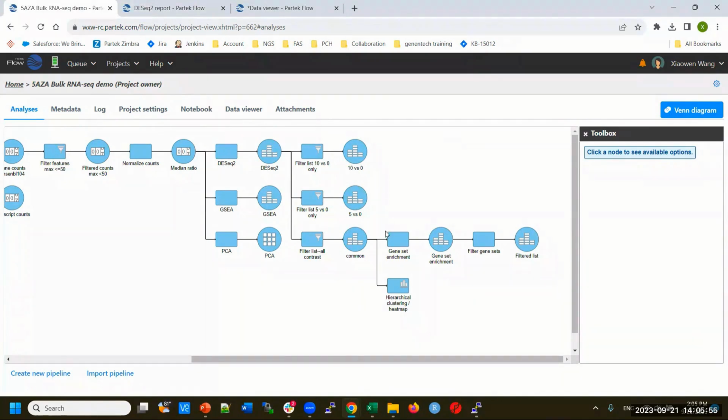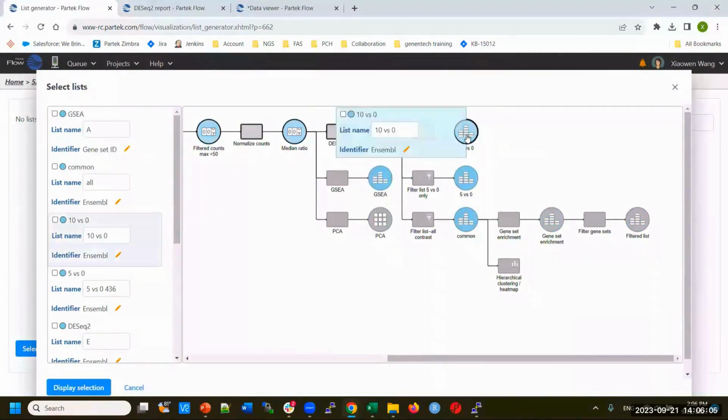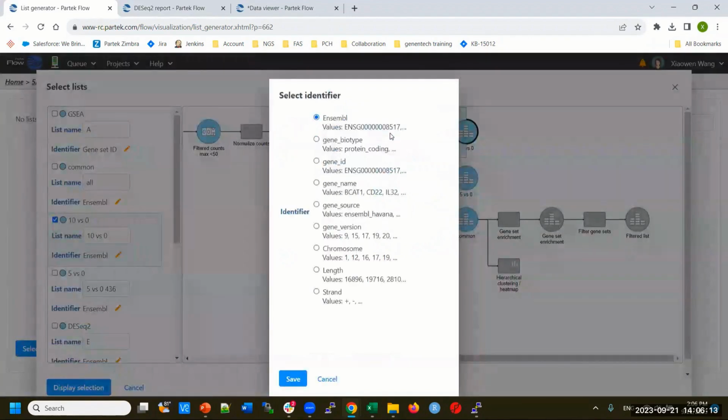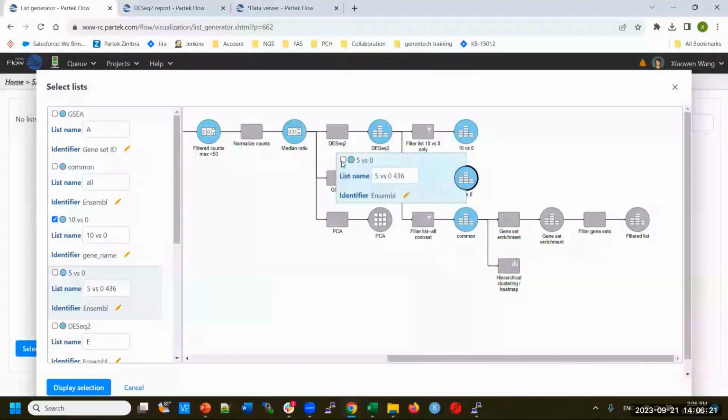Once you have multiple gene lists, the Venn diagram on the top upper right corner, you can click on it and just select which gene list you want to do the comparison. You can choose the identifier. Ensembl ID is really unique. Or you can use a gene name, which is more meaningful, but they might not be unique. So if you choose a gene name, make sure